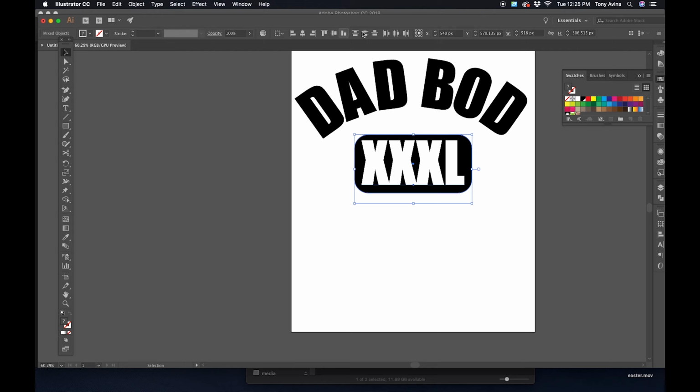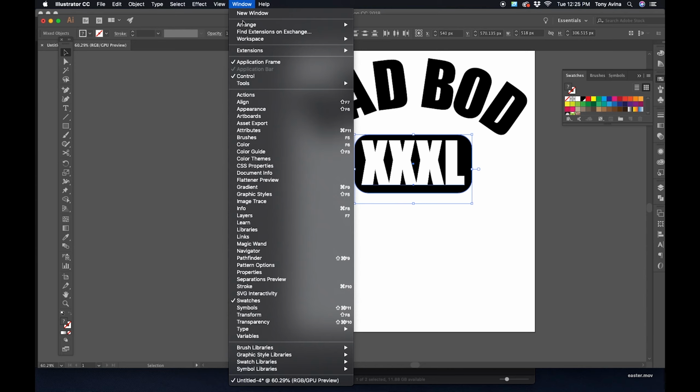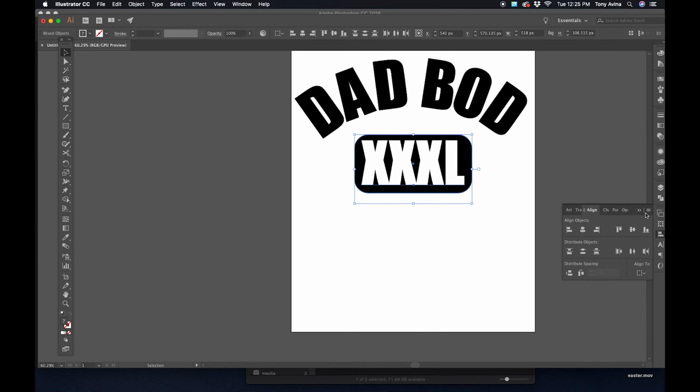Now here on this top toolbar I have all of my alignment tools, but let's go into the Align palette just so you can see a few things. By default this section down here is not going to be visible, so first thing I want to do is show options, and now I can align my object to selection, to key object, or align to an artboard. For now I'm just going to align this to a selection,